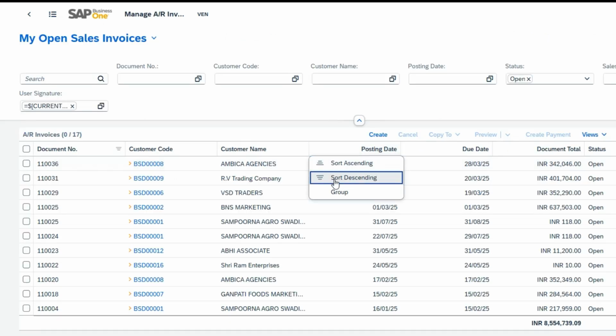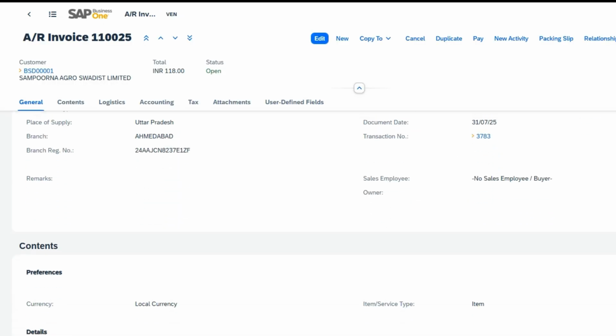Agentic AI makes SAP Business One faster, smarter, and more intuitive with natural language and